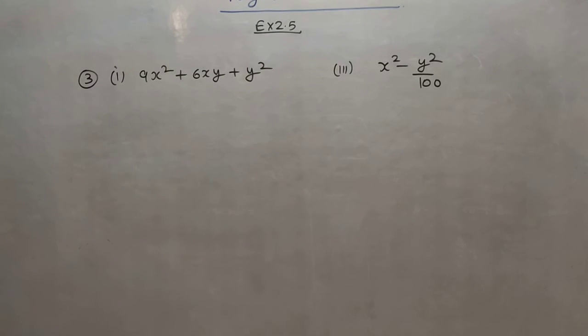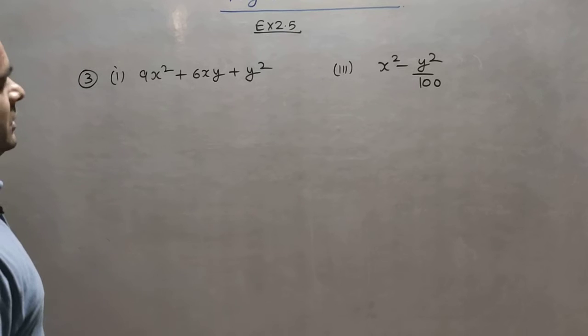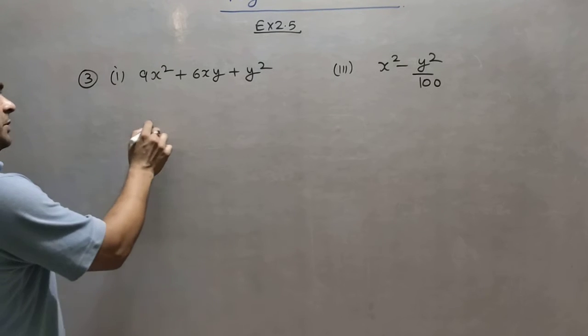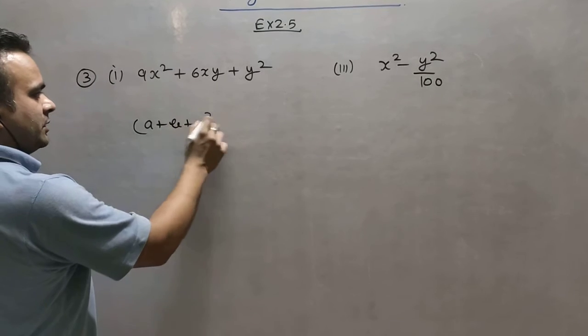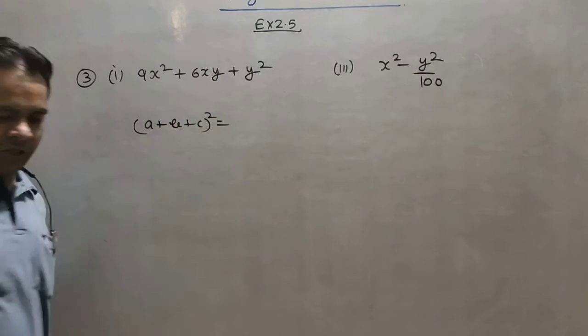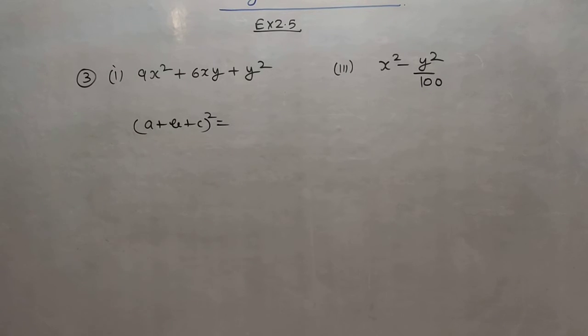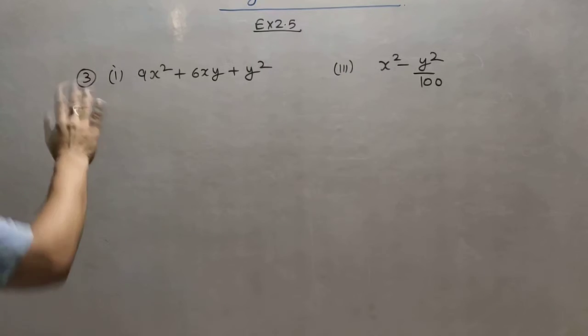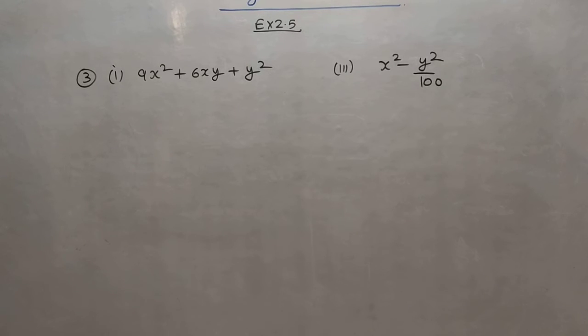Now you can see there are 3 terms, and in that case there are 2 terms. So 3 terms means, okay, there are 3 terms in this one, a plus b plus c, but it is not in this form, so we cannot take this one. So where you can see the 3 terms, I am not saying it is always on the left hand side according to our identities. Maybe it can be on the different side also, right?